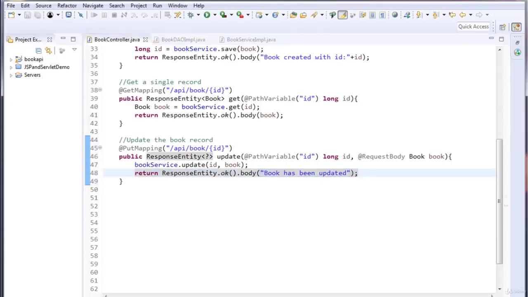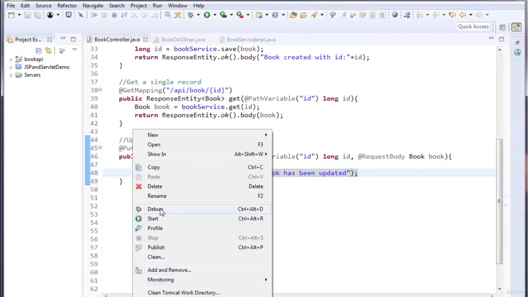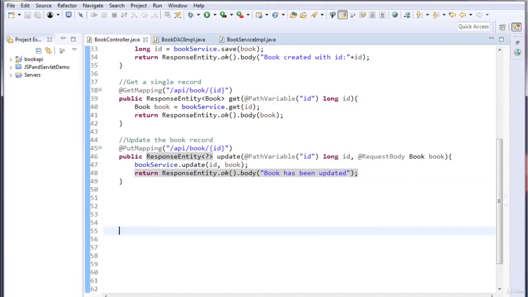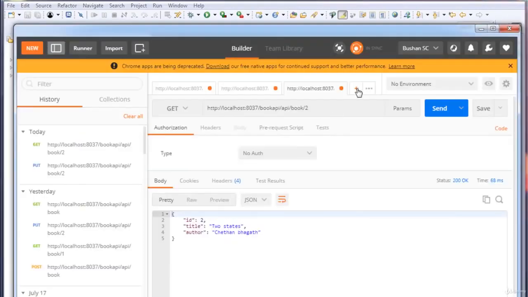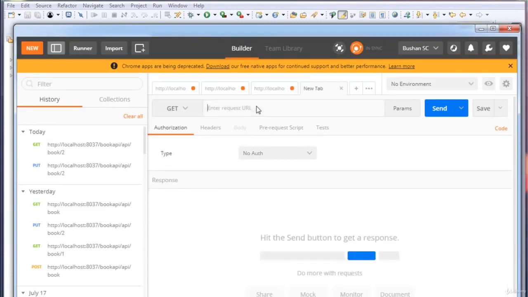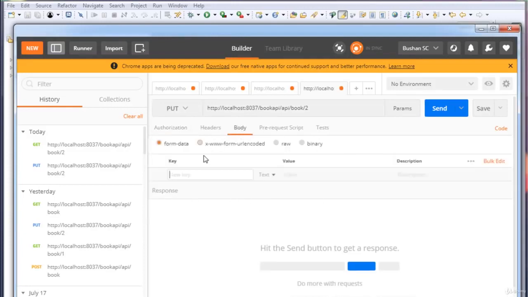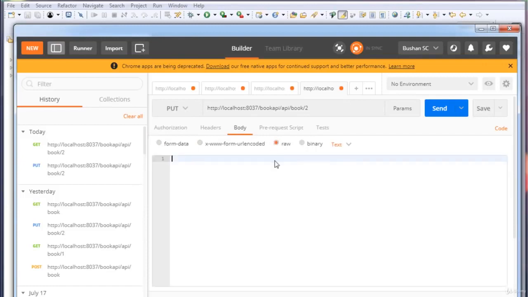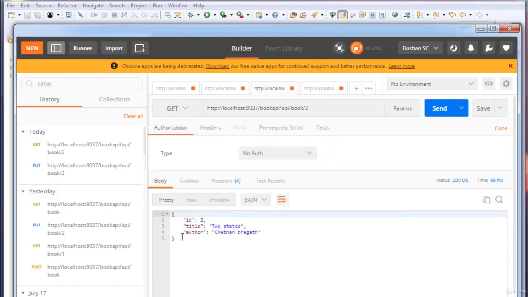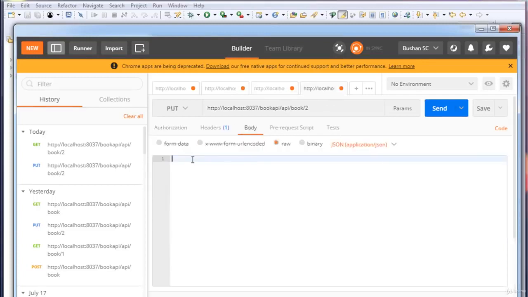Save all the files and right click on the project or restart the server. Once the server is restarted, open Postman and open a new tab. I'm going to copy the URL and paste it, and I'll change this to a PUT request. Inside the body, I'll select raw and change this to JSON. I'll copy the JSON data and paste it, and I'll remove the ID